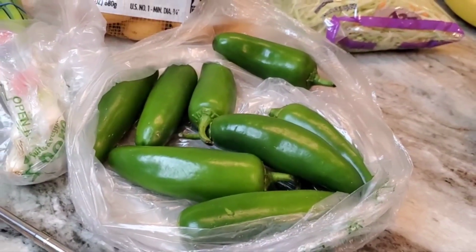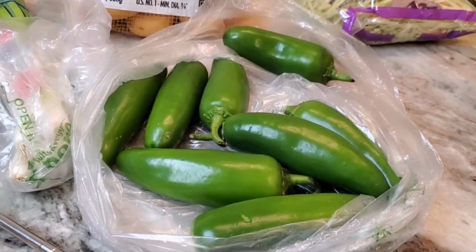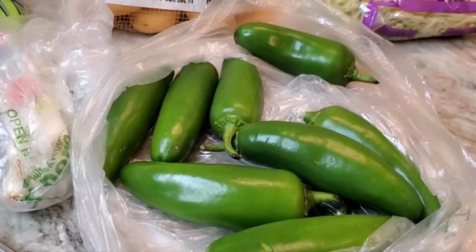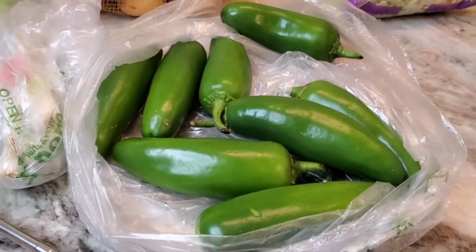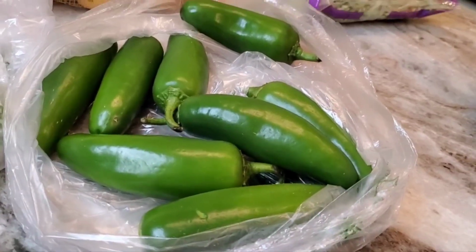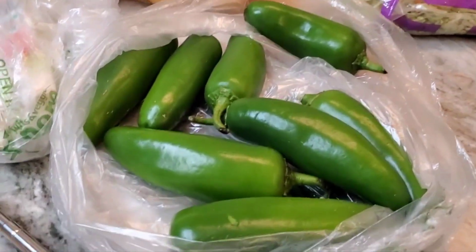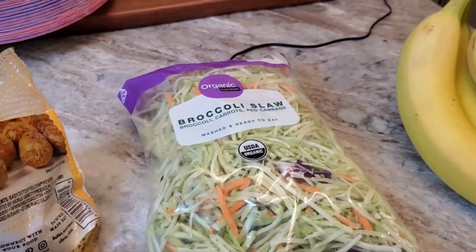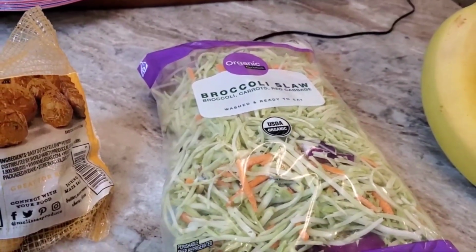How many jalapeno peppers am I going to get when I order 0.25? And then I go back and it'll be my fault. I'm blanking it out or whatever. It's my age, y'all. Then I got the broccoli slaw because I'm going to make that salad,